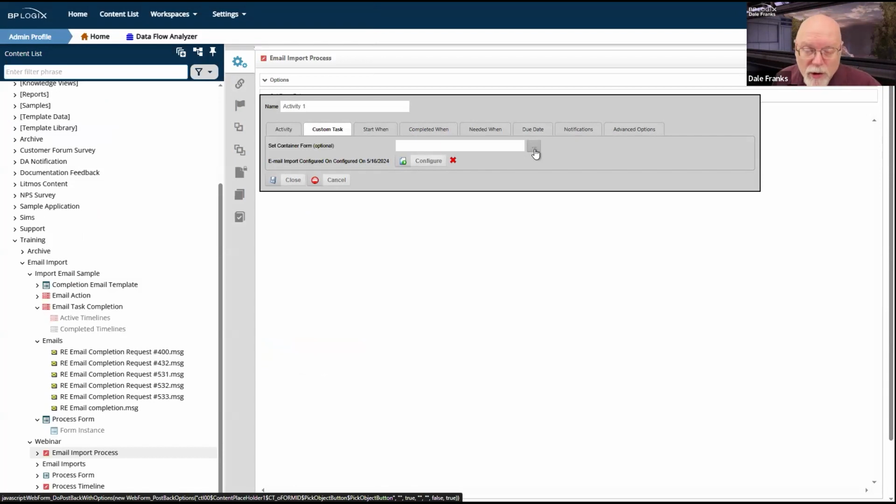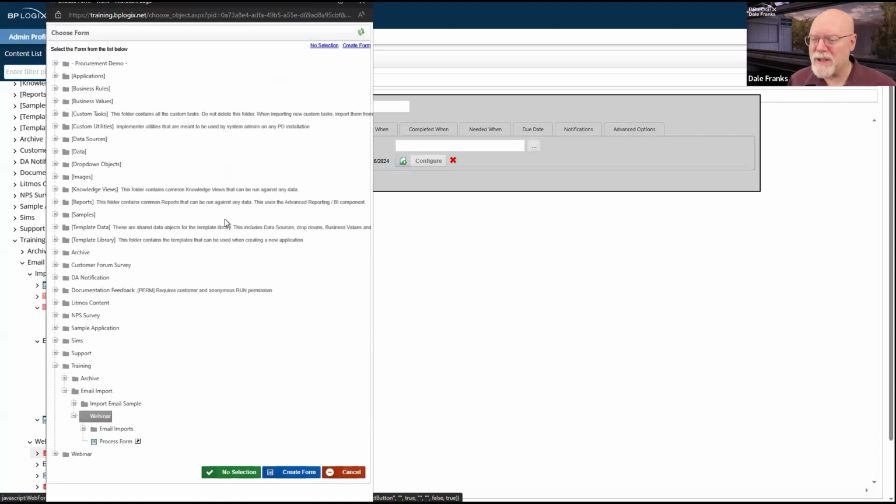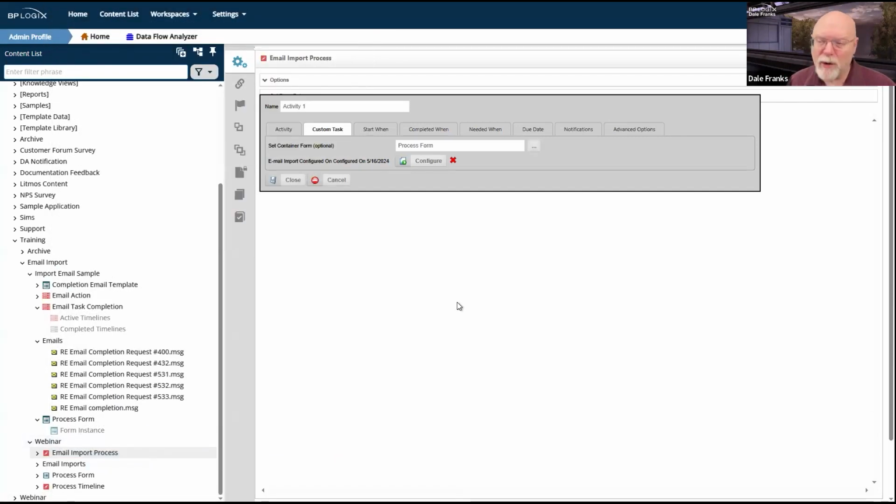In this particular example, I don't have to do it because we're not going to try mapping data from fields or stuff between fields and stuff. I'm going to go ahead and do it simply on general principles, but we're not really going to do anything that is going to affect this process form. We're not going to do any field mapping. We're really just trying to figure out what we want to do with the emails so that we can do email completion on the task.